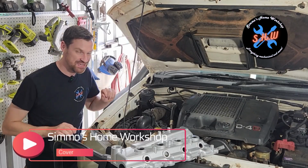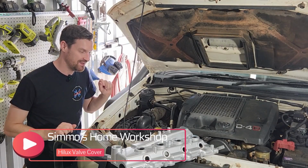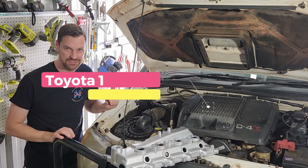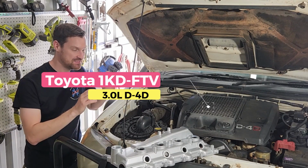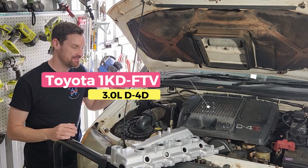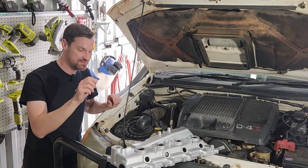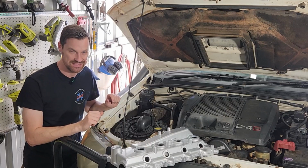G'day everyone. Today we're changing out the rocker cover on this Toyota Hilux. It's an N70 Hilux with the 1KD-FTV engine from the mid-2000s. Now this is the same engine we'll find in the Prado and the Hiace of the same era. Now the reason we're changing out this rocker cover is because the original one is plastic, and over time with